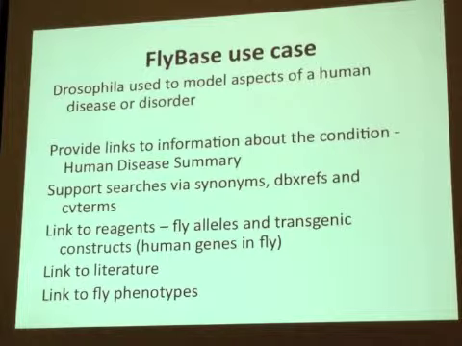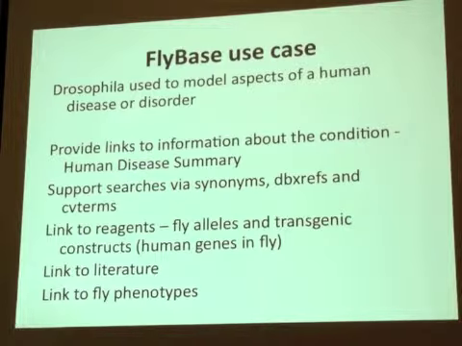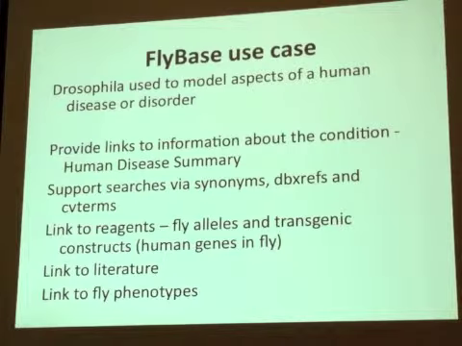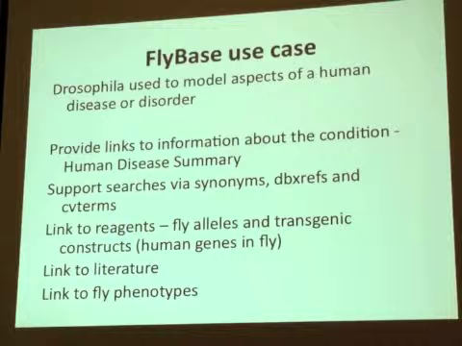So we wanted to create some access for people who might want to come in using things like a disease, Alzheimer's disease, Parkinson's disease. There's a lot of work that's been done using Drosophila models for certain aspects of these diseases. So